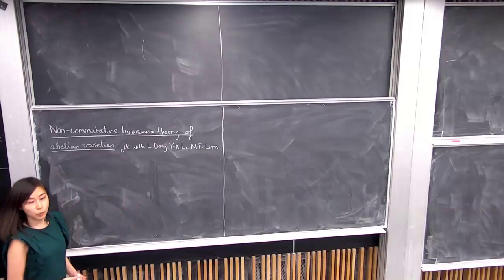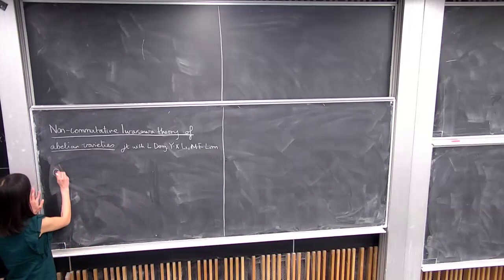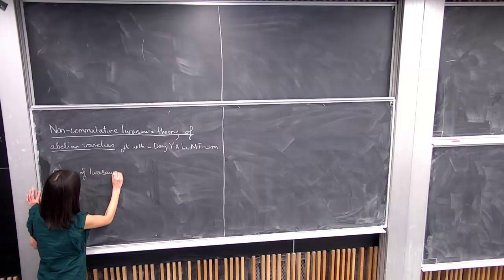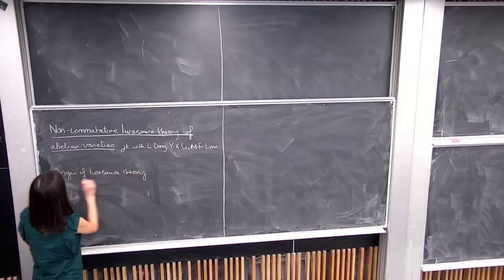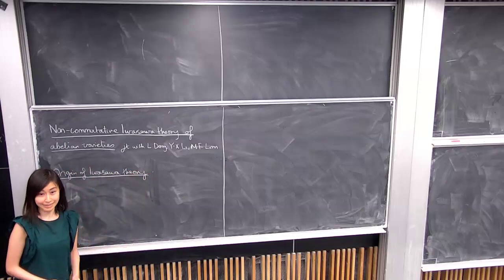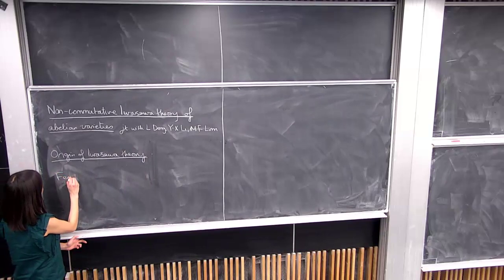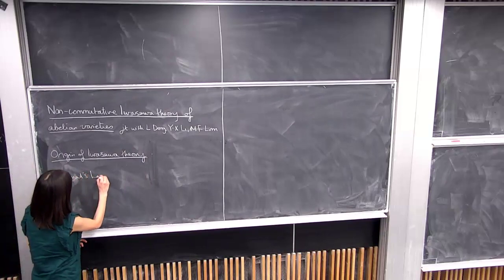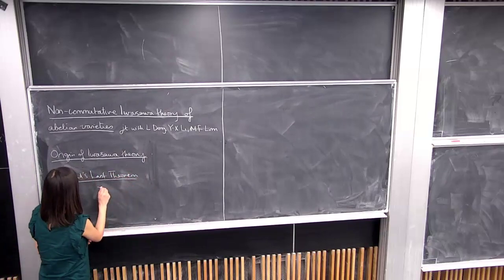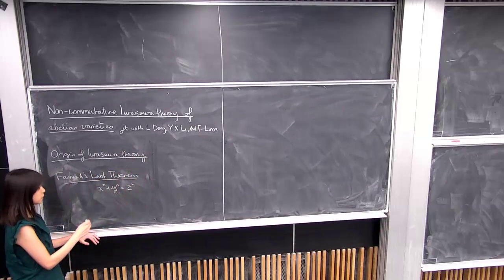So I'll say a few words about the origin of Iwasawa theory. It goes back to the 19th century when Kummer was trying to solve Fermat's last theorem. So Fermat's last theorem says the following. The theorem says that the equation x to the n plus y to the n equals z to the n does not have integral solutions when n is